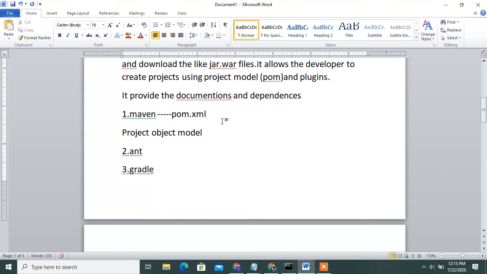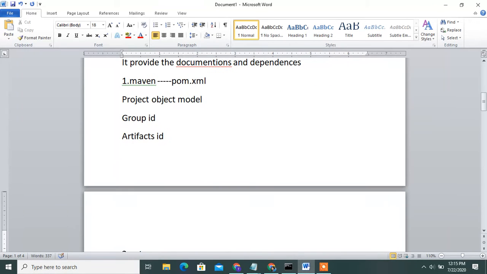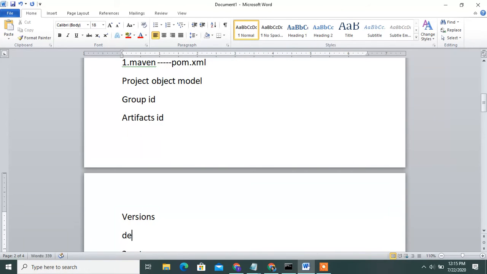After pom.xml you can write the group id, then versions, dependencies.